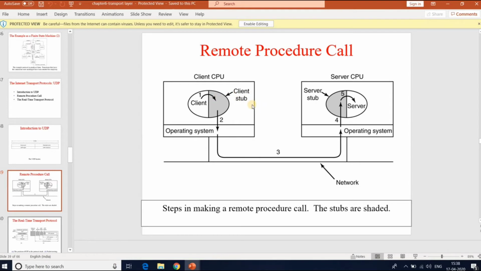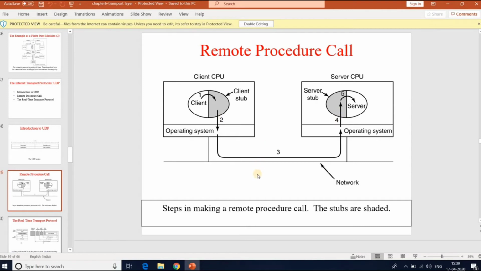The client stub represents the server procedure in the client's address space. Similarly, the server is bound with a procedure called the server stub. These procedures hide the fact that the procedure call from client to server is not local.